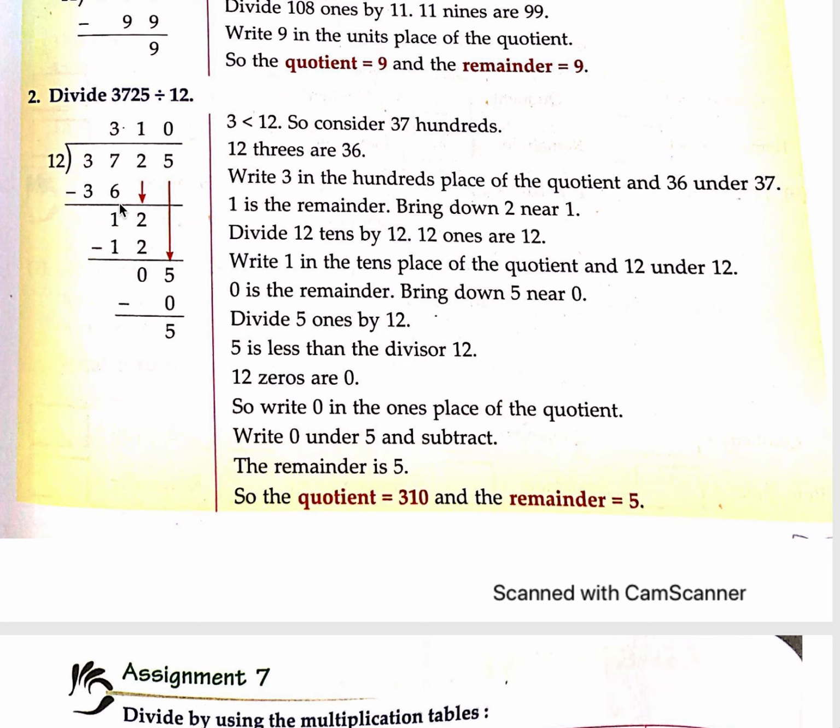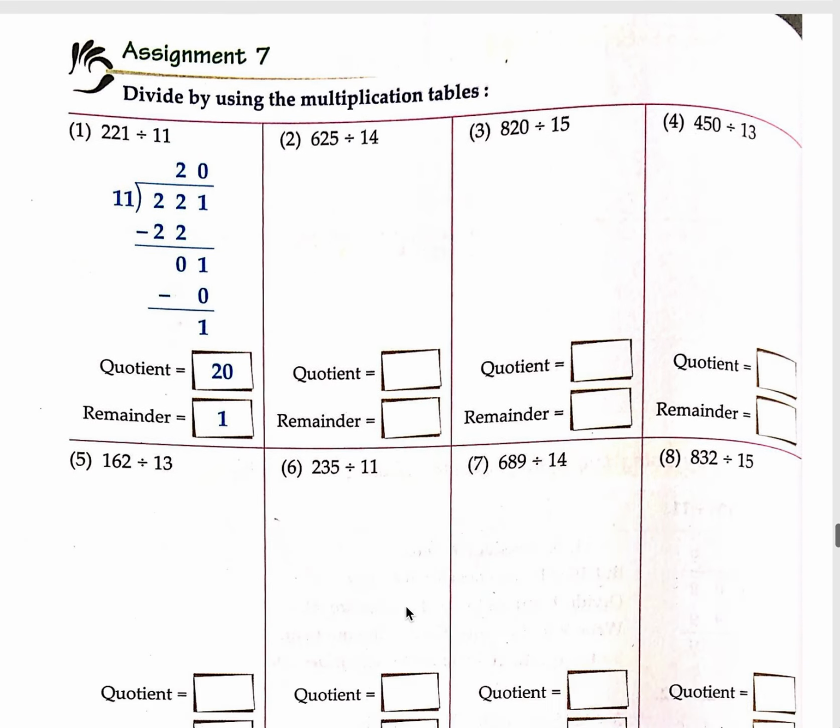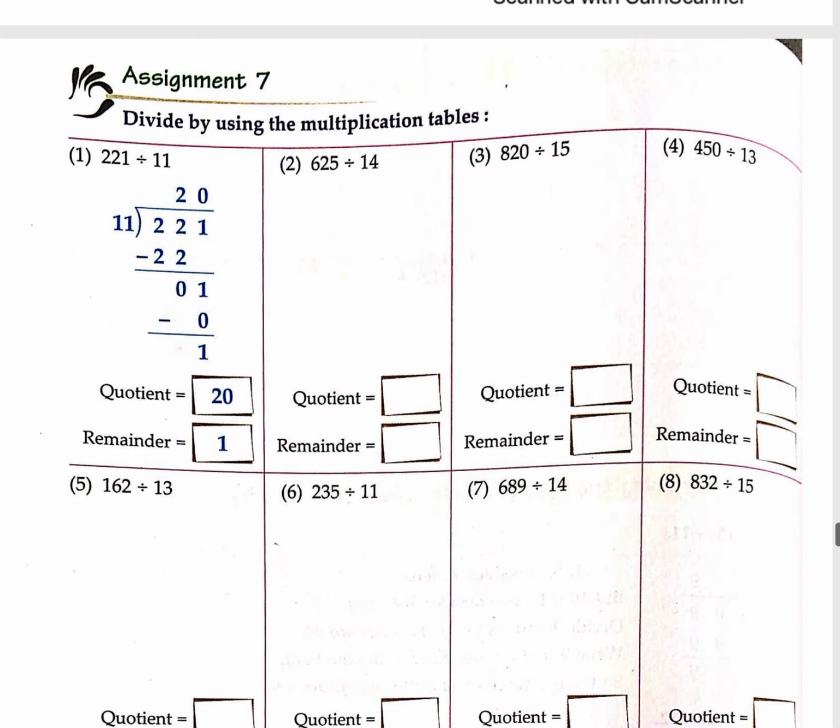इसका बेसिक आइडिया है, यहाँ पे हमें जो डिविडेंड है उसको एक सिंपलर फॉर्म में कन्वर्ट करना है। जैसे 3725 को हम लिखेंगे 3700। फिर 37 and 12 में कौन सा नंबर आता है, तो वो होगा 3, क्योंकि 12 3s are 36 and 36 is less than 37। फिर जब हम ऐसे करते हैं तो ये एक ईजियर मेथड है जो हम 2 डिजिट से डिवाइड करते हैं। तो लेट्स ट्राई ओवर हियर।